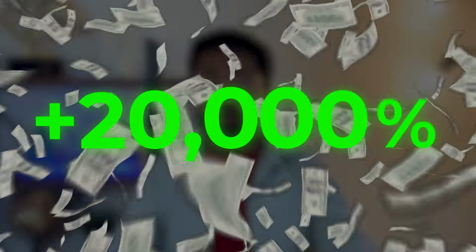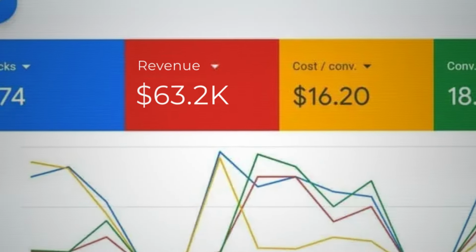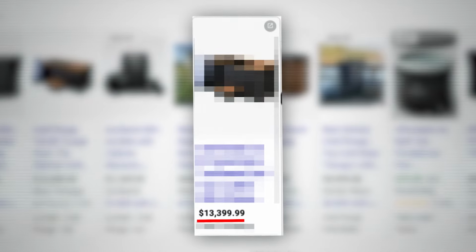I'm revealing an e-commerce brand today which we blew up by over 20,000% in a 30-day period just with Google Ads alone to roughly $60,000 per month in revenue. Now, this is one of the biggest feats I've had to date because of the insane level of scale we were able to achieve so shortly, and that too for a high-ticket e-commerce brand like this, because the reality is